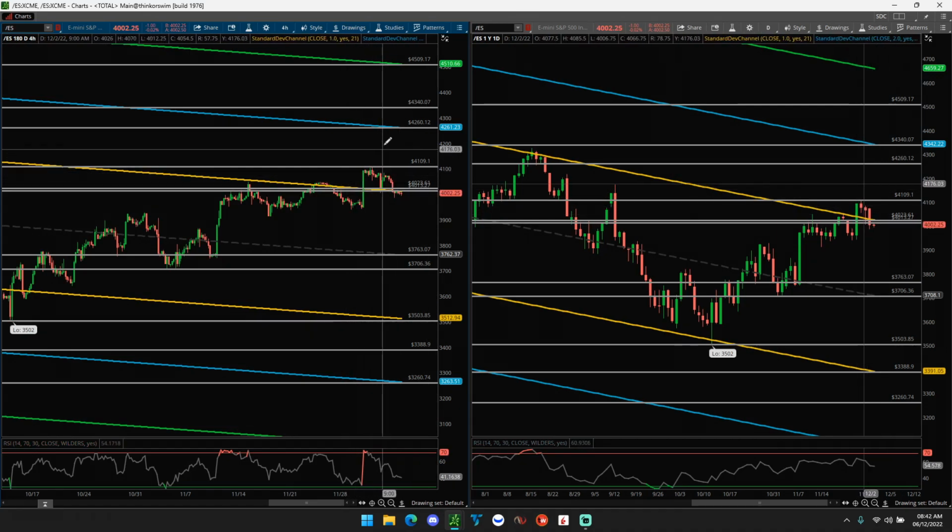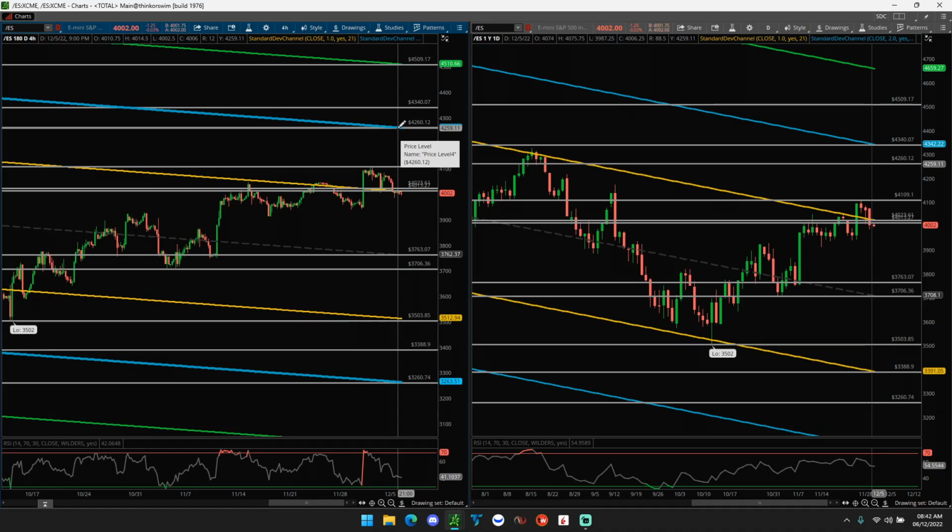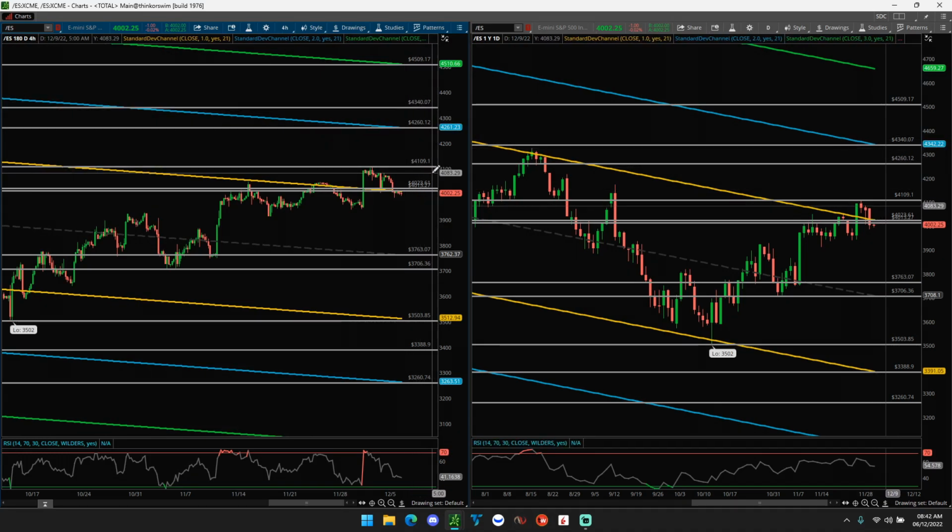But basically what we mean by that is the first time you hit this level, again, expect a pullback. If you come back to retest it, I'm not looking to reshort it on the second go. All I'm waiting for then is a break. If we get a break of this level, what I want to see is a break above, come back to test it as a support, and if it can hold, then I'm flipping more bullish on it once more to around 4,340.